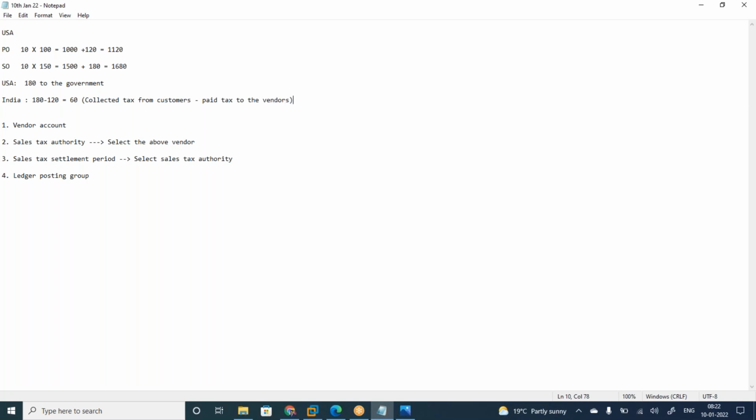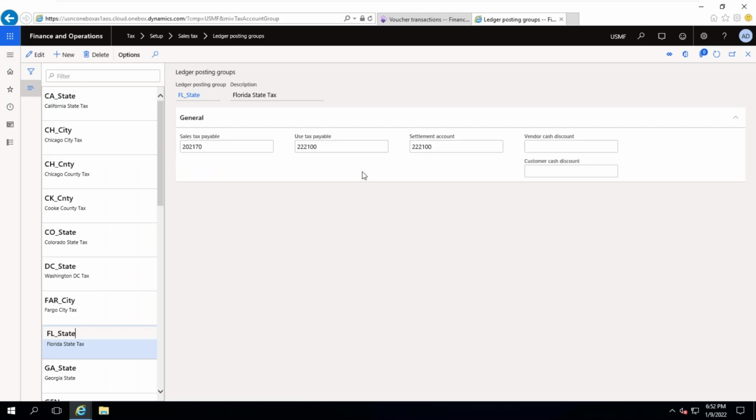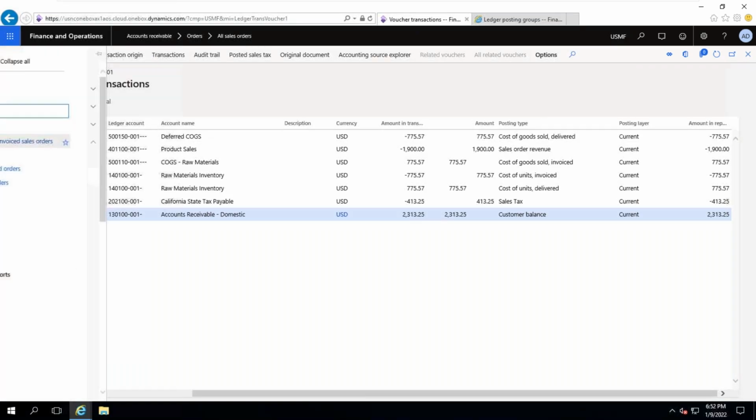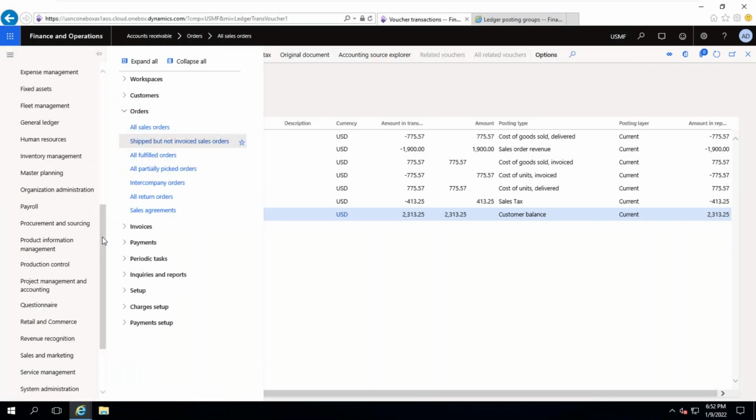If it is like this, then what happens? One more receivable account also will be there. So let me show you. If it is some other countries, the taxation is like this: general ledger,